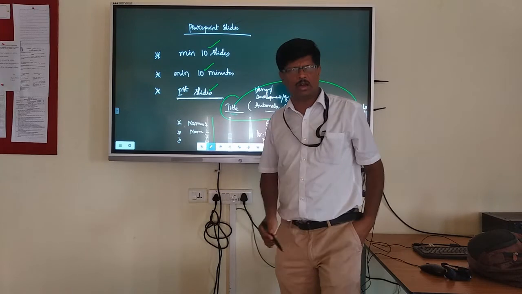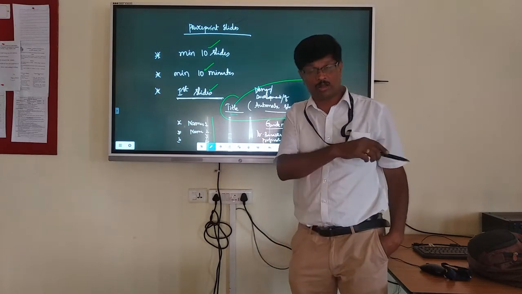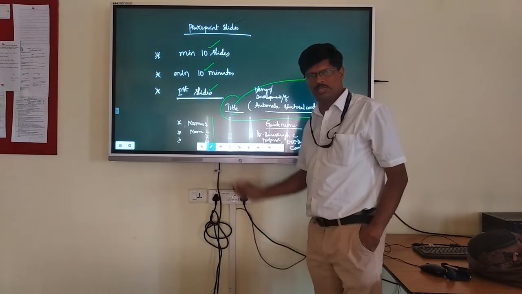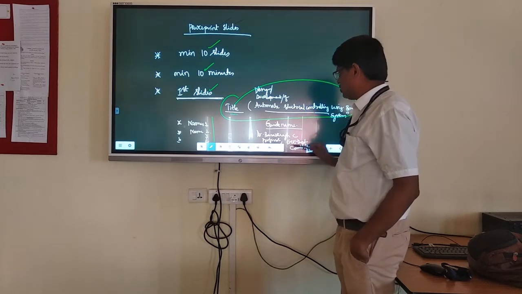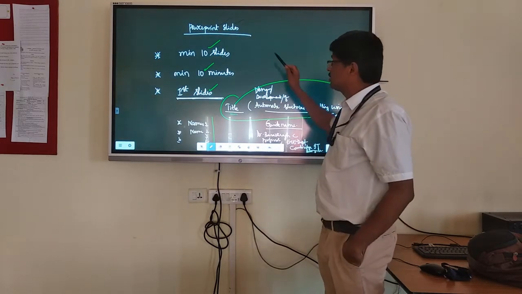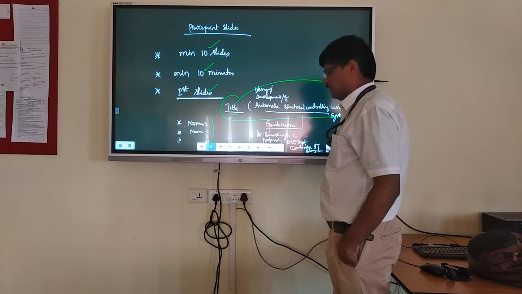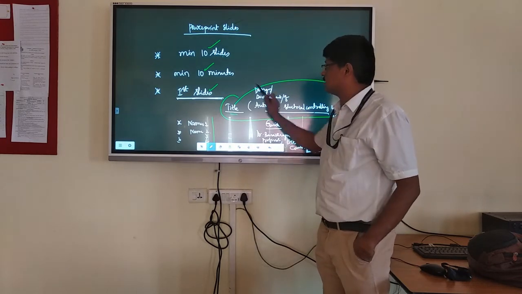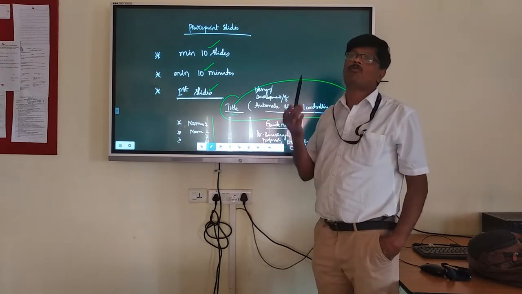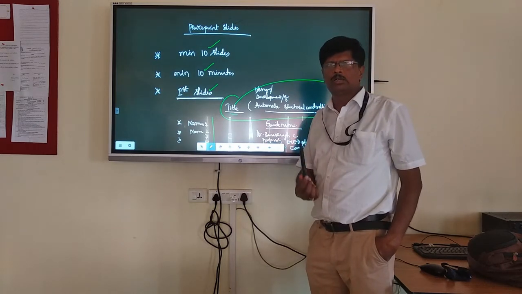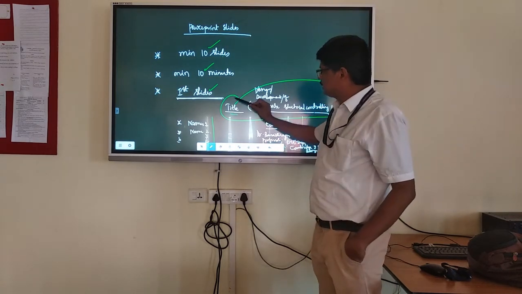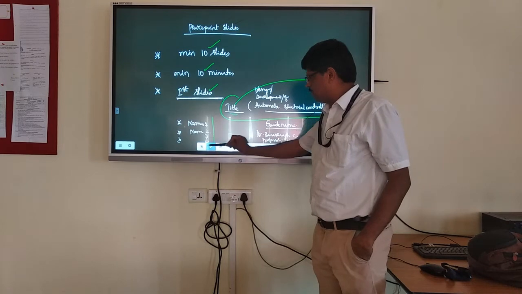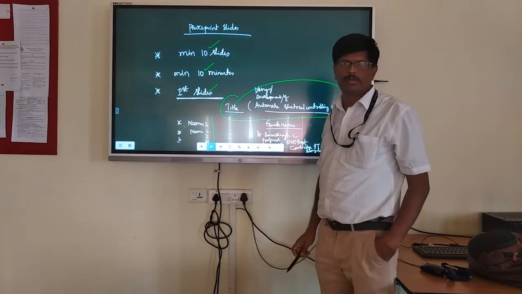Since we are calling from other branches and other colleges also, it's better to write college names and all. Then the guideline, which we will fix. You write the guide's name and their designation. This is the first slide of your PowerPoint presentation: title, on the left side your names, and guidelines. Then